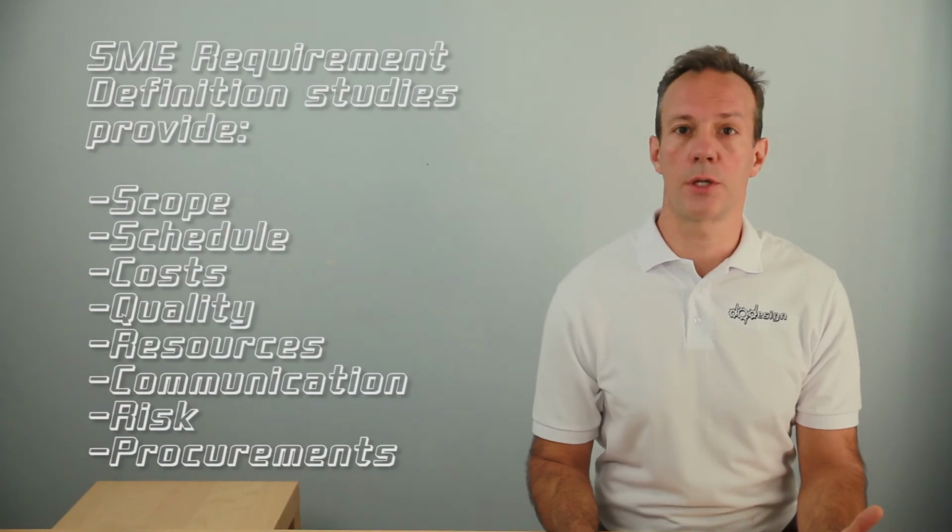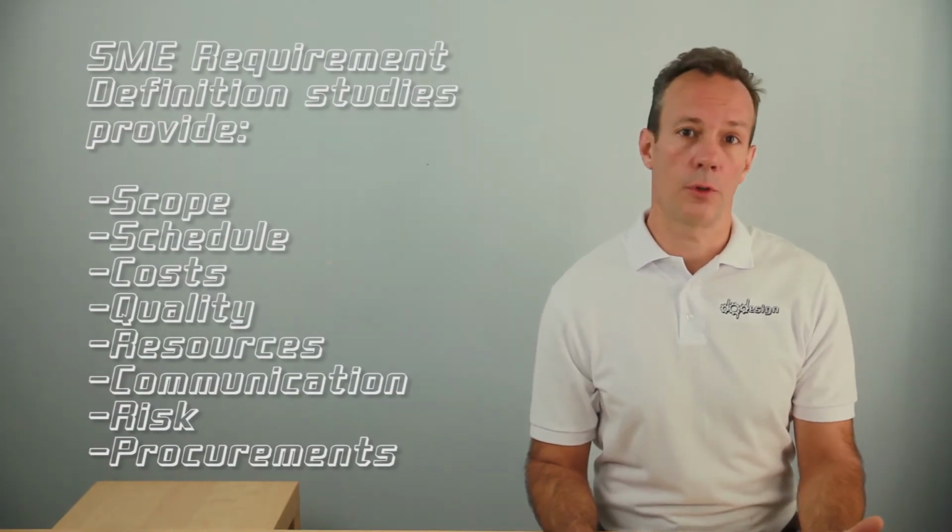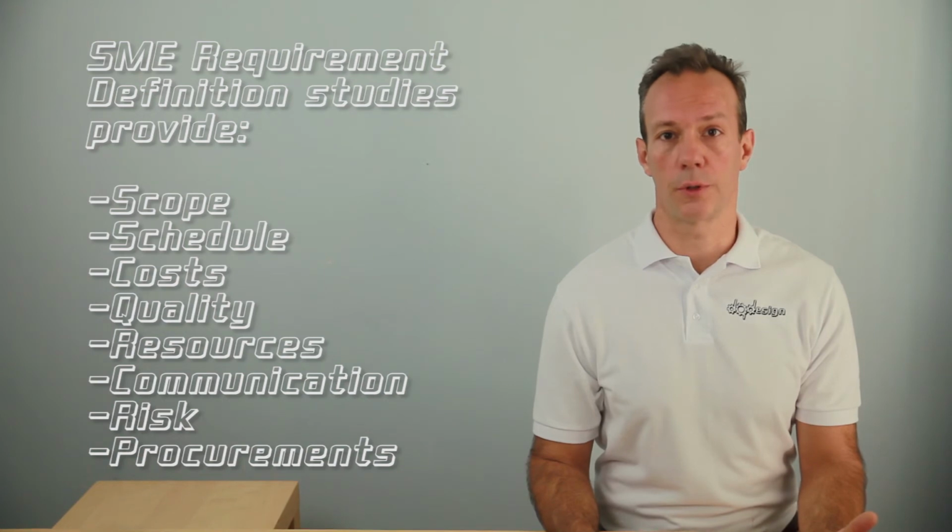When a requirement definition and detailed design is to be competitively bid together, the industry feedback will have many considerations that can impede clarity on critical requirement definition premises. Competitive bidder strategies can change the dynamic of what's best for the project, and it can also play a heavy role on the project management process due to the macro design definition risks. The detailed design phase has its own inherent risks. However, the SME requirements definition study will provide solid information for all the following phases: scope, schedule, cost, quality, resources,